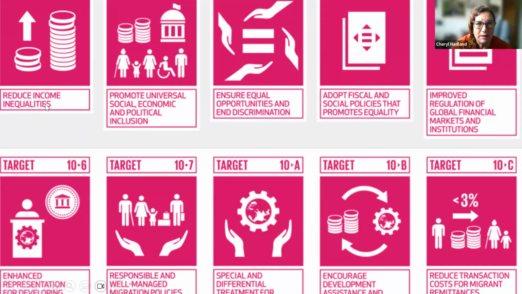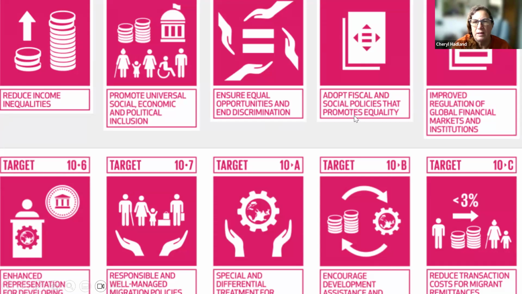First one is about income inequalities. That's target 1. Sorry, I lost the numbers off the top of the screen for some reason. So there's something to be said in that one, and that relates to B Corps as well. And we've got promote universal social, economic, and political inclusion, which is very much in line with all the other types of sustainability, but it does bring in our inclusion of people in wheelchairs and in the local community, for example.